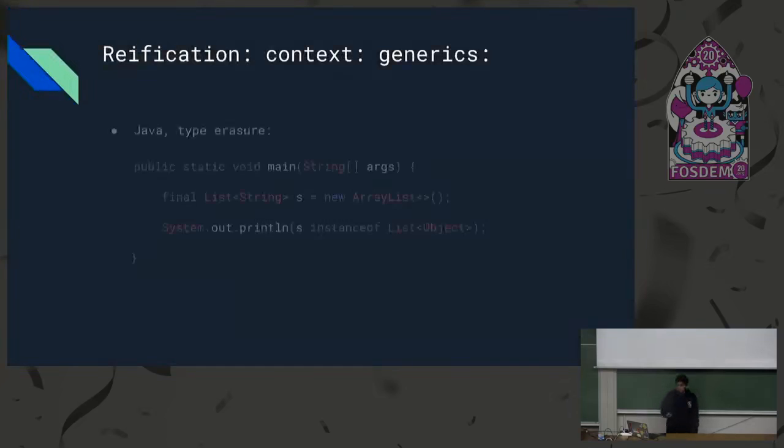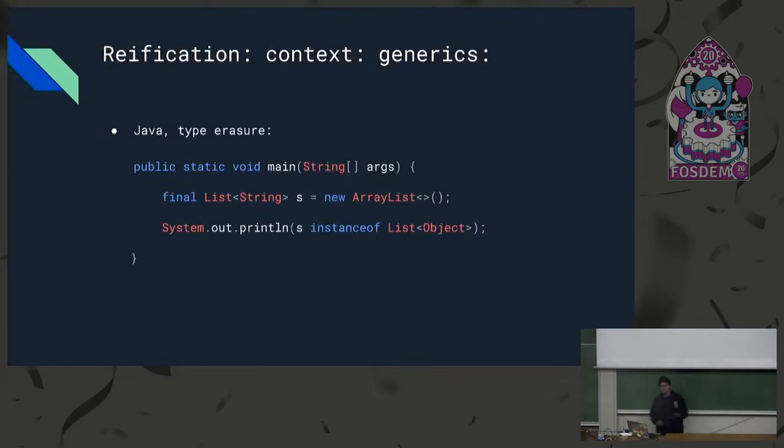So if you take Java, for example, how many of you over here know the type erasure concept in Java? Theoretically, what happens is that anything inside angle brackets, once it's passed into the compiler, you don't have the instance of it at runtime. The runtime does not know what type of instance it is. So consider this example. You have a list of string, which is an instance of an ArrayList. And if you try printing the instance of that ArrayList, and if you try running this code, you actually